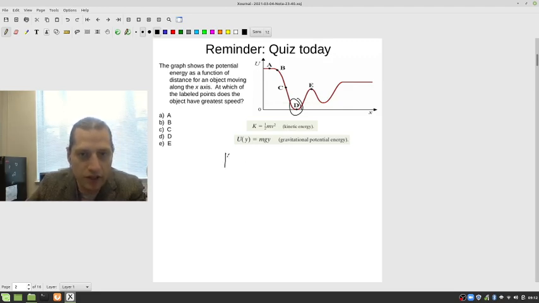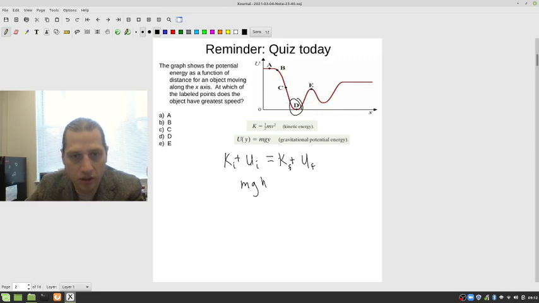The total amount of energy in this problem is the kinetic energy plus the potential energy. So the kinetic energy plus the potential energy initial equals the kinetic energy plus the potential energy final. Okay, initial, final. So in this case, one way I could set up this type of problem would just be mgh. Consider that the kinetic energy, for instance, might be 0 right there if I just barely tap the